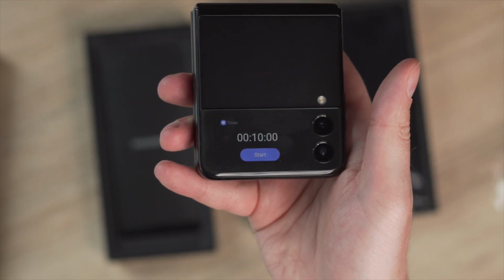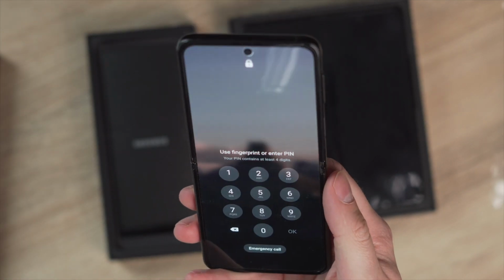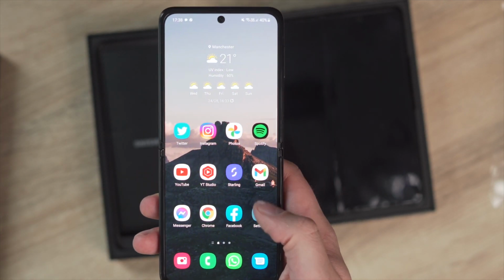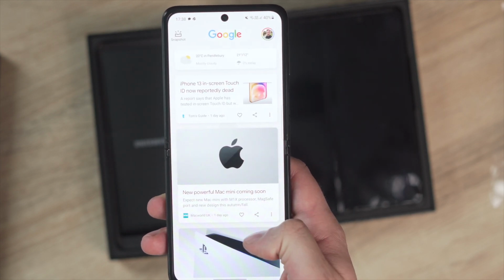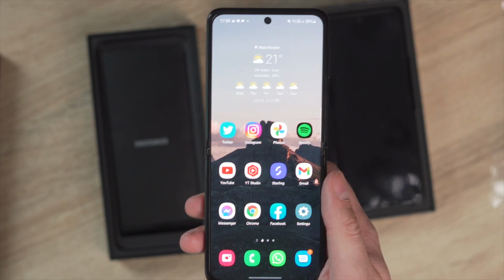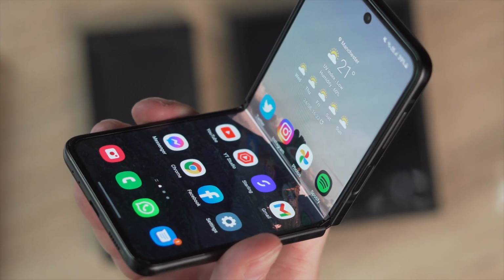The inside screen on the Z Flip 3 is so nice as well. It's 120 Hz and it's as smooth as you like. And the colors look outstanding. And I prefer this much more than the iPhone that I was using just earlier on today. The crease is a problem for some people, and you can see it and you can kind of feel it as well when you're scrolling through the phone, but that is going to become just not noticeable after a few hours, and you just kind of get used to it when you're watching YouTube or you're just scrolling using the